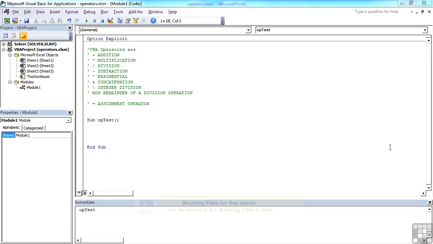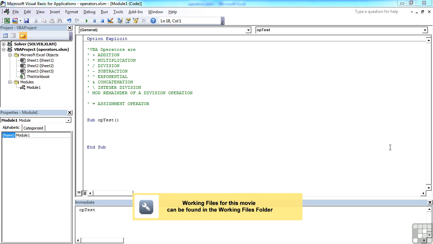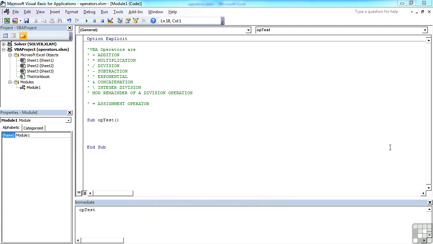When working with Visual Basic for Applications, there is a good chance that you will need to use a lot of operators. Operators allow us to work with our variables and constants to combine them in some way. Now you can see here in the operators file that I've placed in the working folder, we have a plus for addition, so for adding values together, a little star, asterisk for multiplication, a forward slash for division, so dividing